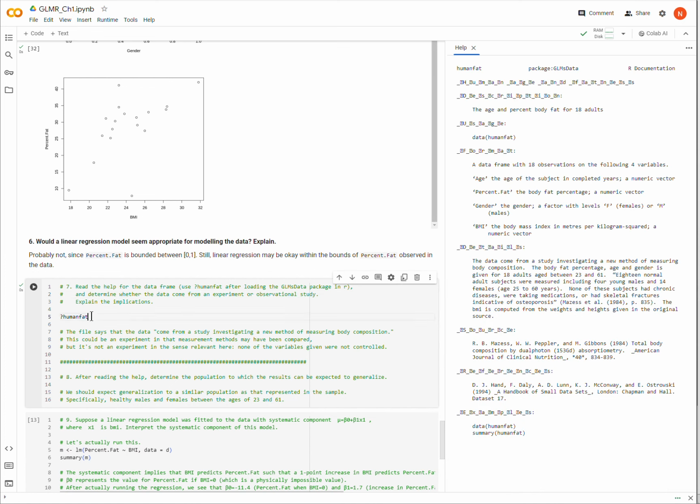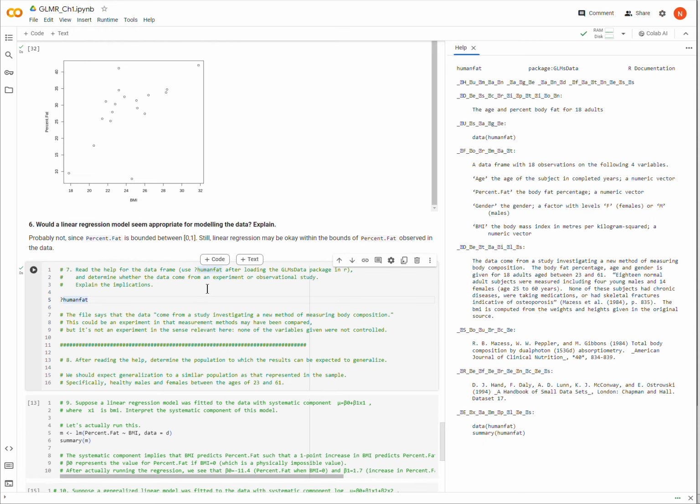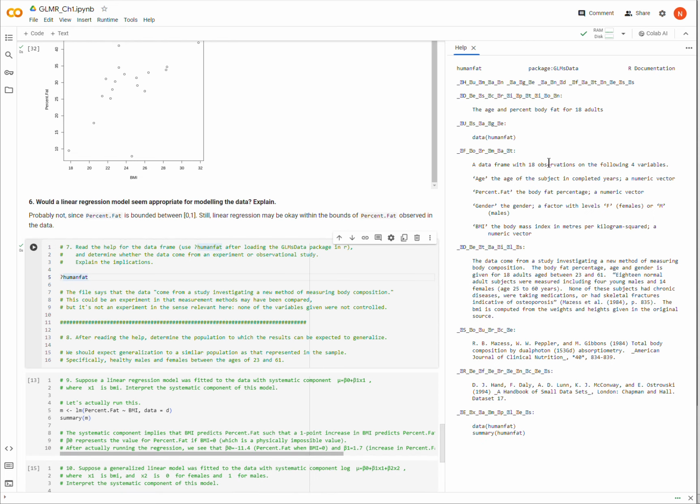Okay, so we'll do that. Here's the command to bring up the help file that you can see over here. So it's not really clear if this is an experiment or not. It says that the data was generated after investigating a new method for measuring body composition. So presumably there's some other method that they're comparing it to. So I guess it is kind of an experiment,